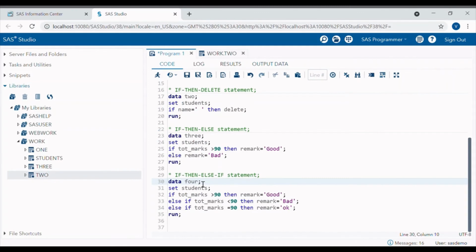But if there are more than 2 conditions, then we will use if then else if statement. Suppose we want to give remark to the students who have total marks more than 90 as good, students who have total marks less than 90 as bad, and the students who have total marks equal to 90 as okay. Then the code will be